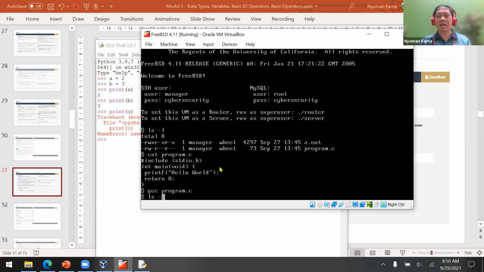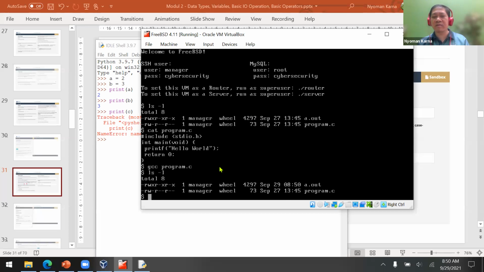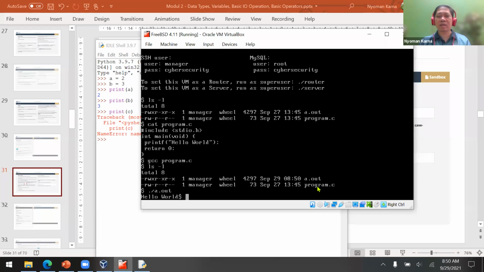Enter, and then it will create an output of a.out, created on September 29, today, at 8:50. And now, because a.out is executable, I can run it by typing ./a.out. Enter, and then it will print out hello world, just like the program.c intended.